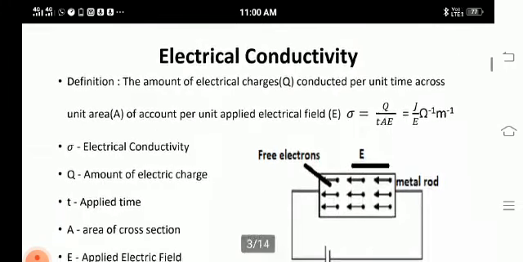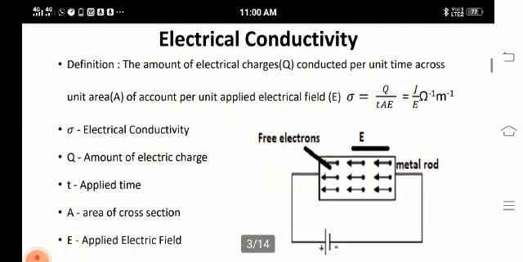For that, we have to know what is electrical conductivity, what is thermal conductivity, what is the expression for both, and from that we can find what is Wiedemann-Franz law. For that, we'll see what is electrical conductivity. Electrical conductivity is the amount of electrical charges conducted per unit area per unit time per unit applied electric field,